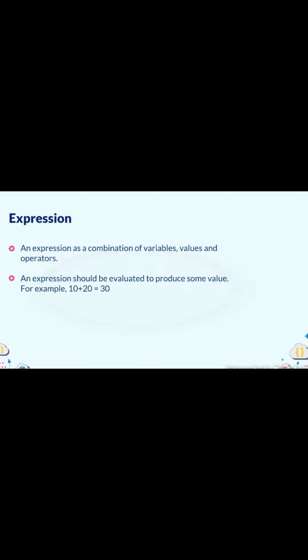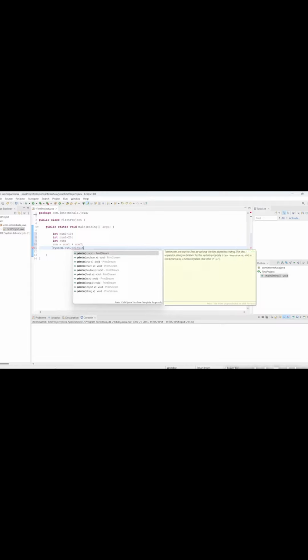to 30. Now, let's check how we can print the value of some variable. For this, we need to write system.out.println statement, and in that statement, we have to write within brackets the variable sum and end the statement with semicolon. So this will print the value of sum. Let's save and execute our code and check the console. So we can see we are getting the result as 30, which is 10 plus 20. So this is how we work with operator, and operator works on operands by performing some operation.